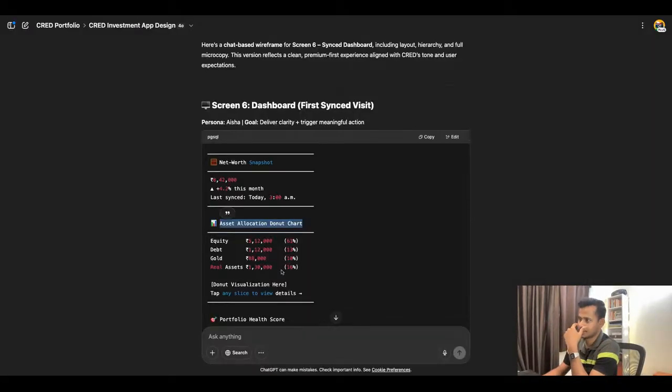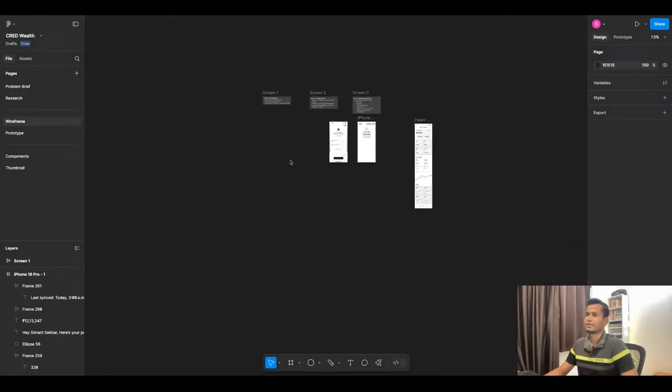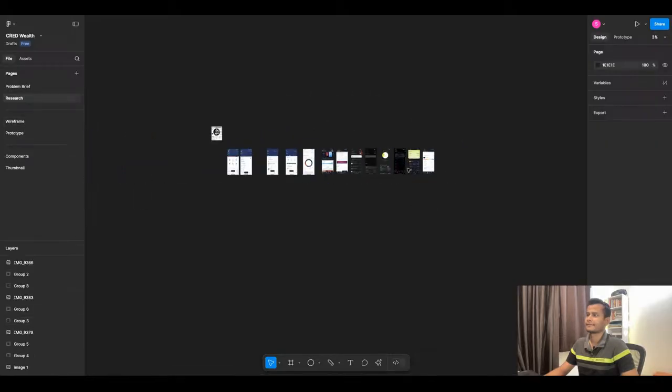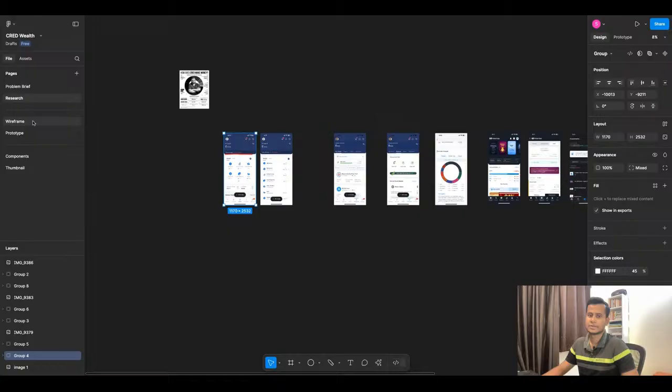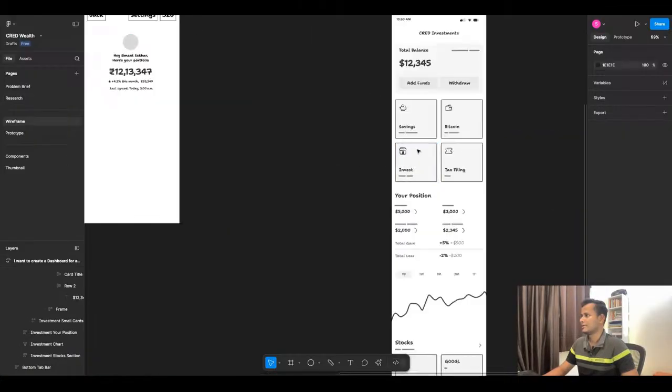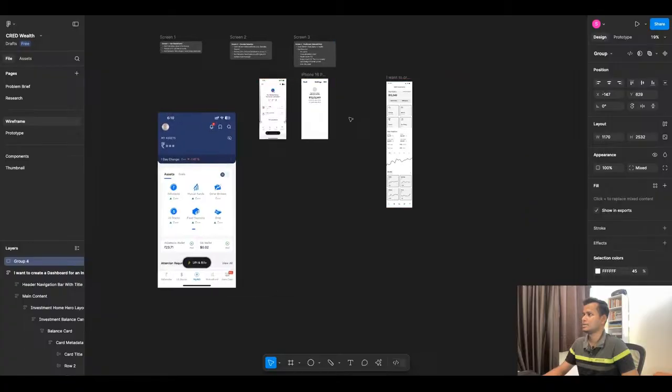I wanted to provide the grid view, just like the IND money provides here. Where is it? Yeah, I like this grid view. I wanted to do that, but if I provide the grid view, then we cannot provide the other